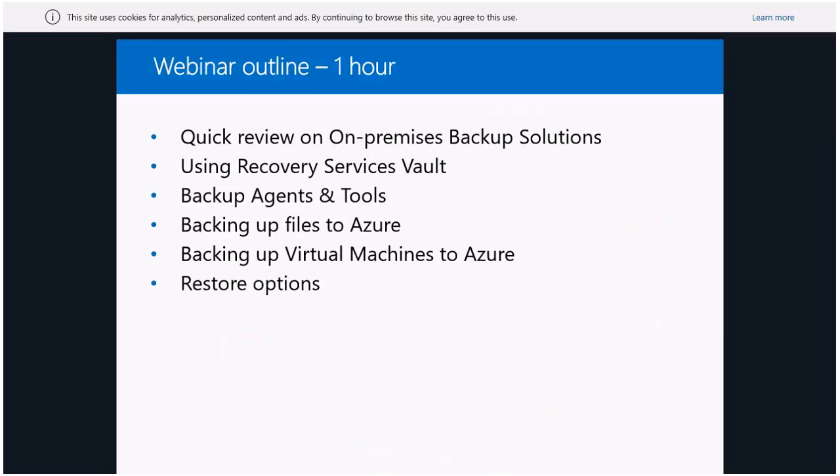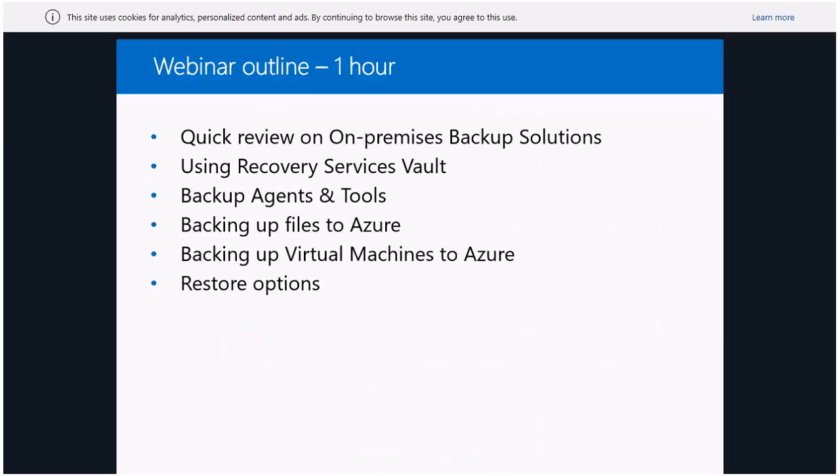The idea for today is, over the next hour, to share a bit of information on backup. In the first part, a quick overview of the backup solutions you might be using at the moment on Microsoft. I am not going to talk about any third-party tool; I will try to focus on Microsoft. Before talking about the backup agent and backup solutions, we need to do a quick review of the Recovery Services Vault.